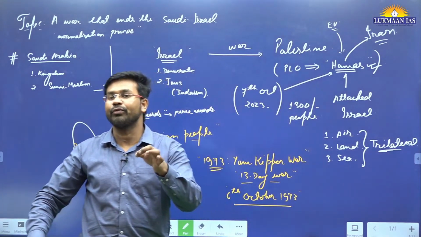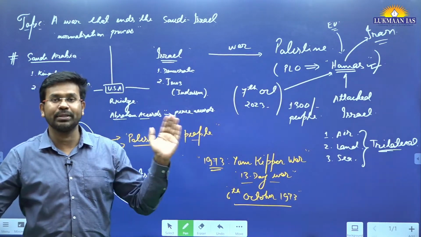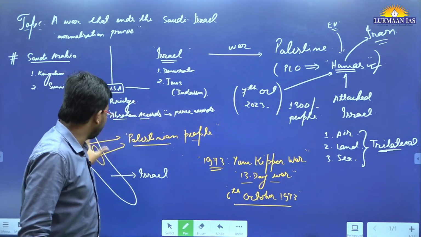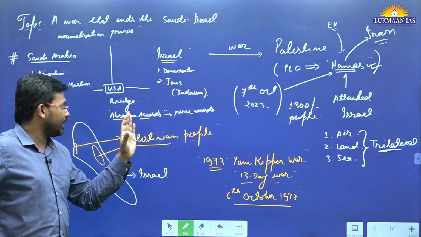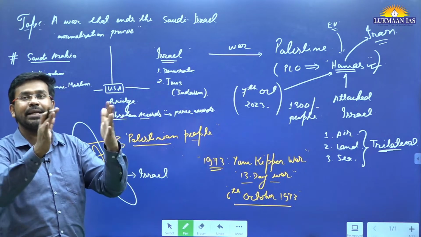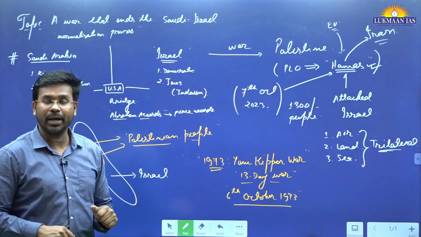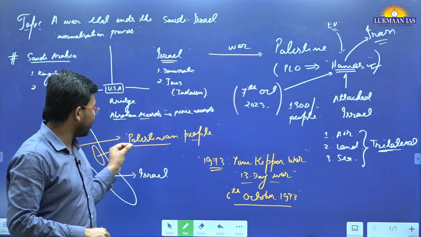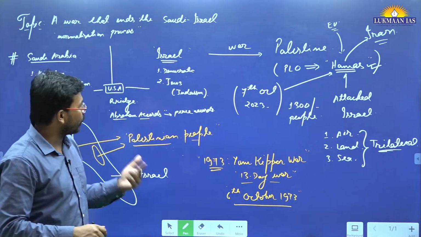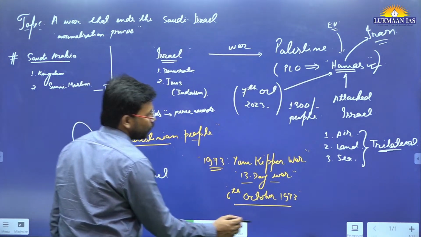And if we talk about the official stand of India, India is in support of peace between Israel and Palestine. The Indian government has a vision that Palestine should have their independent territory and their own government. But the Palestinian people, backed by Hamas, do not want to come to a two-state solution. So what do we mean by two-state solution? We are going to discuss it. So let's discuss the two-state solution.